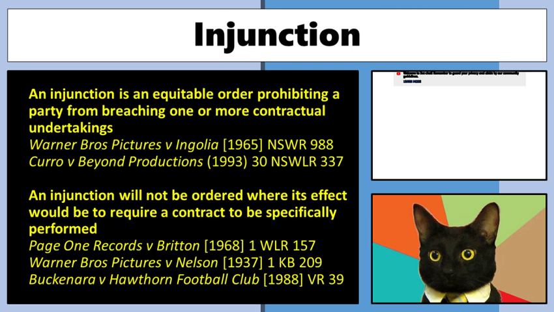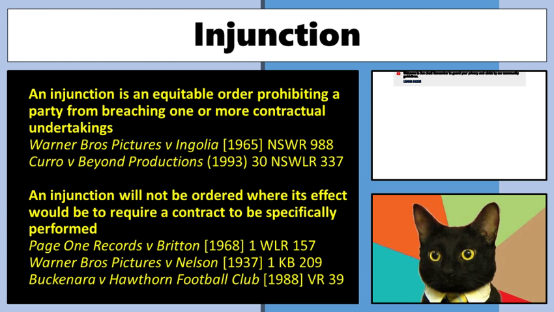All right. Another form of remedy that you can get can come up in situations where the other side looks like they're going to keep breaching, and you're going to suffer some form of injustice if they keep breaching, and money's not going to help. Here, we call that an injunction. Injunctions are only awarded in equity, and it's a situation where usually we're going to ask the court to prevent someone from doing something.